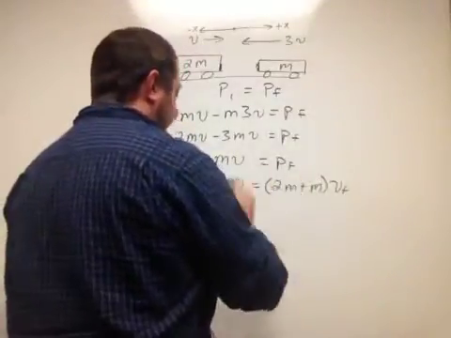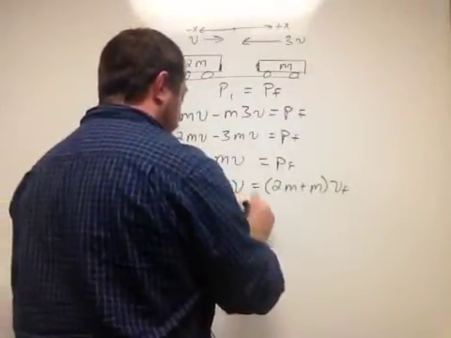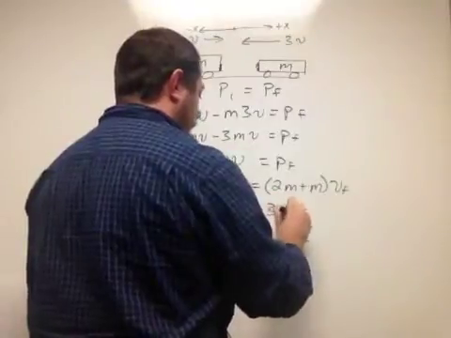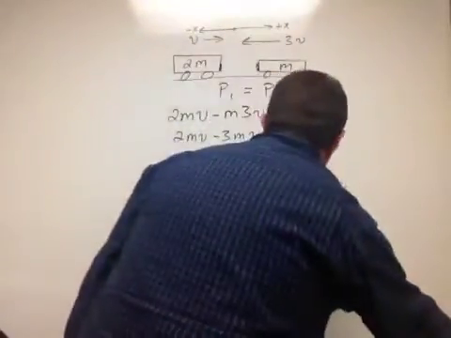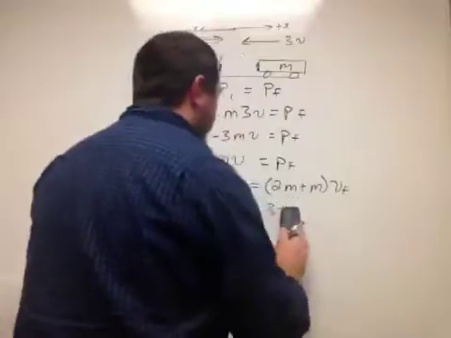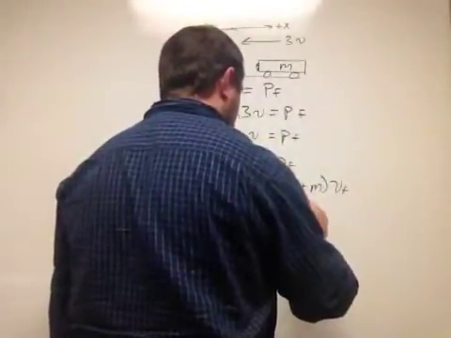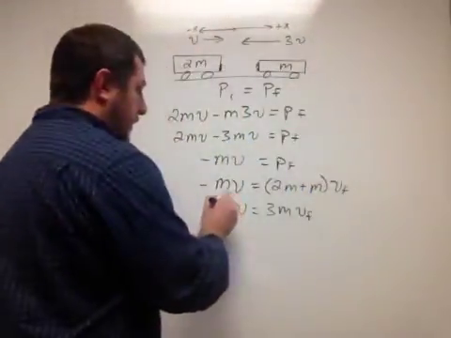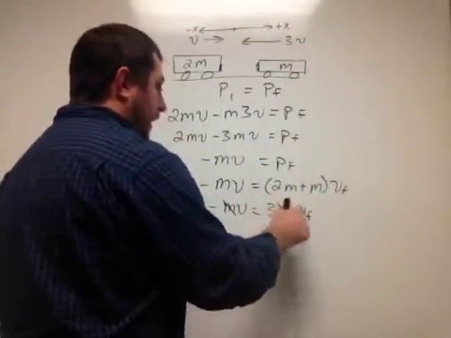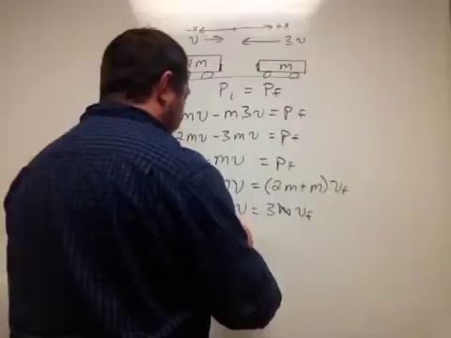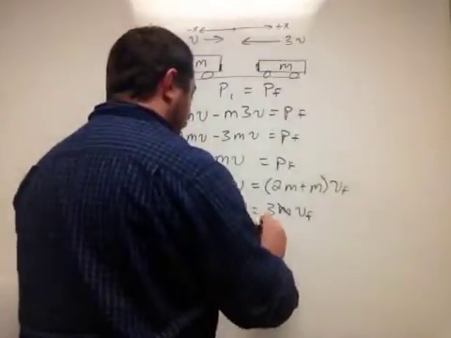This, of course, is 3m, not v. And my masses can cancel out, and I'll see that my final velocity, Vf, is equal to negative